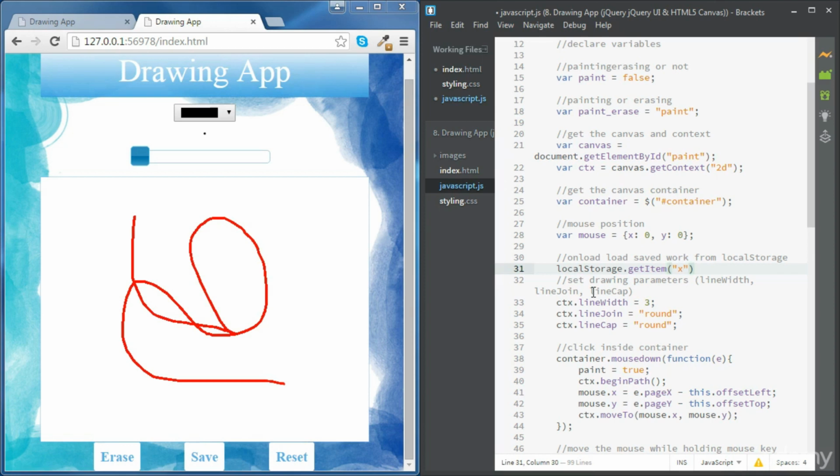Before getting the value of our variable, we can check that this is different from null, because if the variable is not there, this is going to return null. So if this is not null,